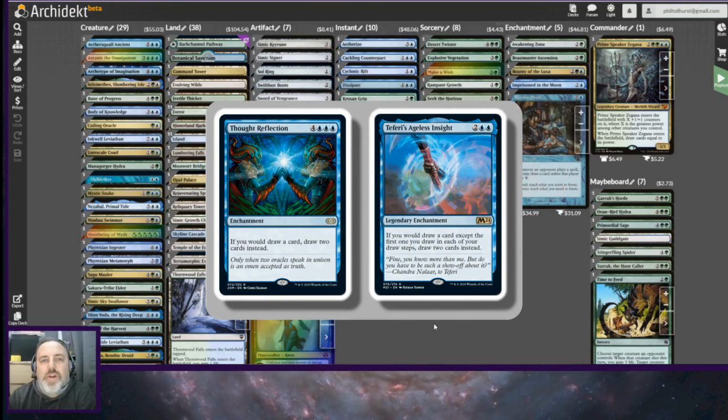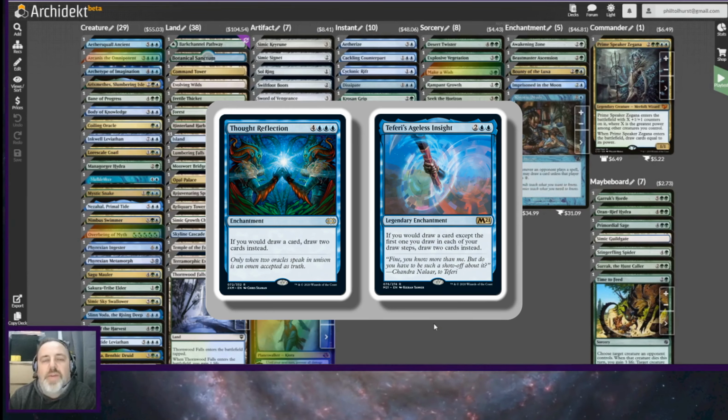There's 2 more cards I'd look at: Thought Reflection and Fairies Ageless Insight. There's a marked difference between these. I know Fairies Ageless Insight has that caveat that it's not the first card you draw that gets doubled, it's any cards after that. But the fact it's only 4 mana compared to 7 mana means that it's very tempting